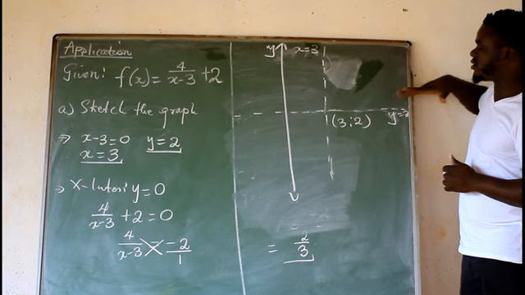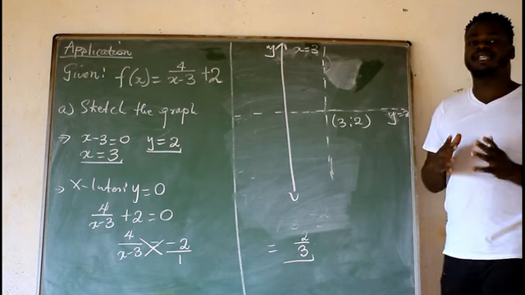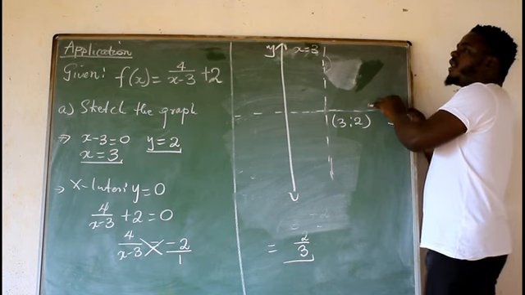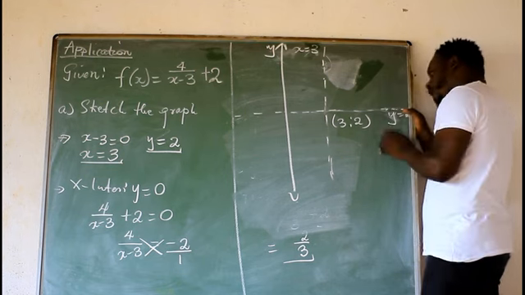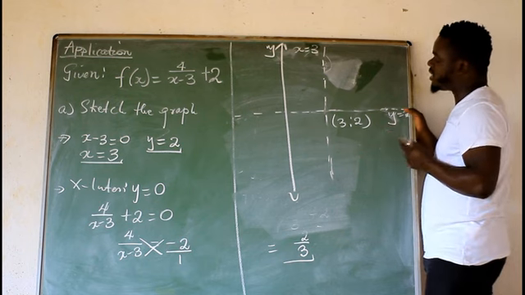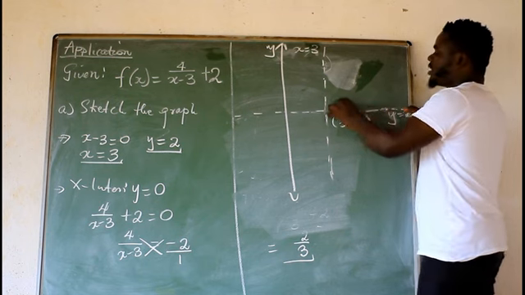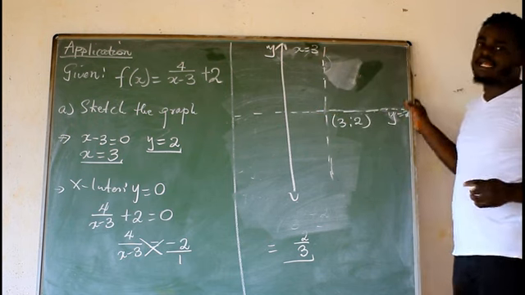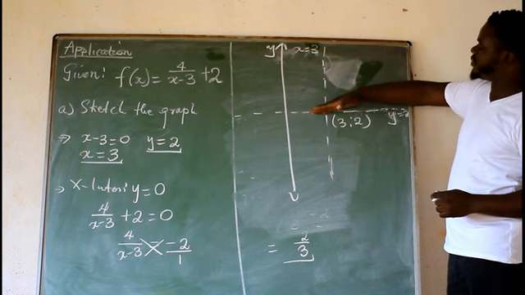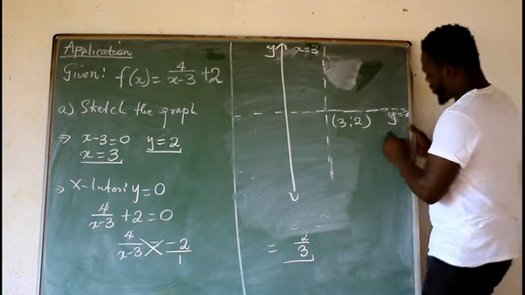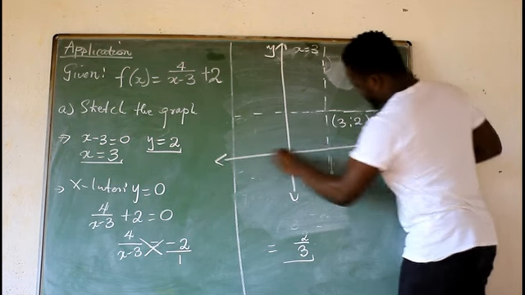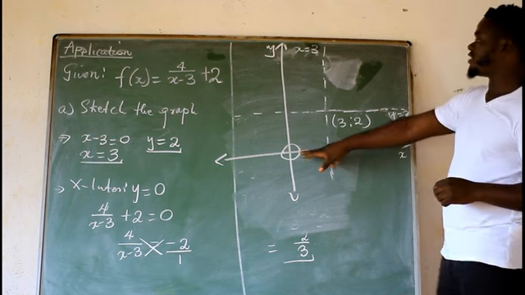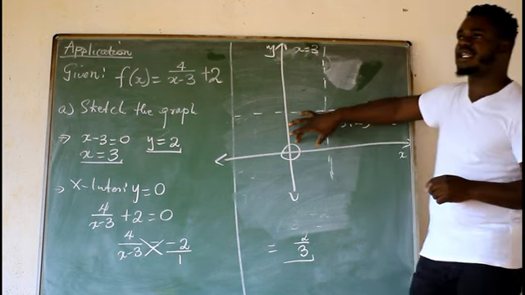This one, I told you, is going to shift the x-axis either to the left or to the right. Now, you have 2. If ever you go up or down, are you going to find 0 first? Then you say, no, this is 2. If ever you go up, you are going to find 2, 3, 4, 5, 6. You will never find 0 that side. But if you go down from 2, it's going to be 2, 1, 0. That is where you are going to find your x-axis. This is your origin. This is x. That is your origin. That is where the graph is coming from.